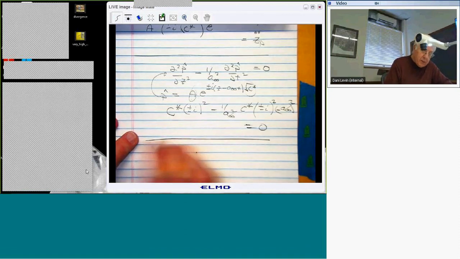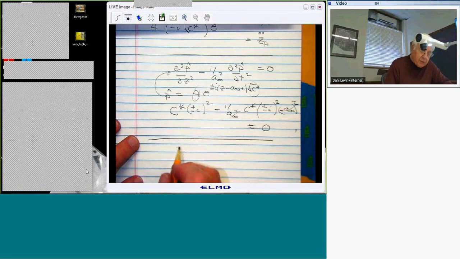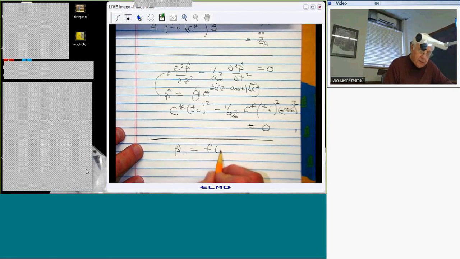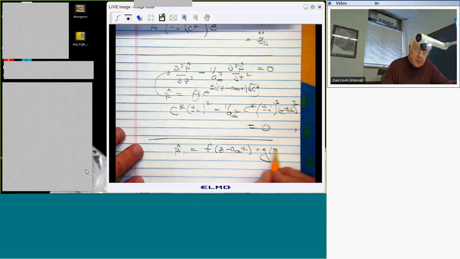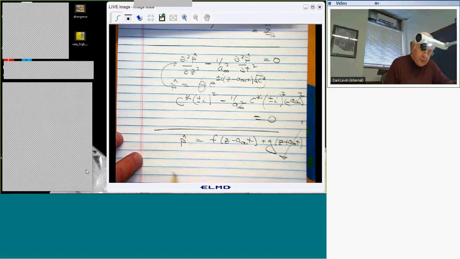See, all we've done so far is we've proven that our solution is some function of z minus a infinity t, right? I mean, that's all we've known. The general solution is that plus this one, but we're throwing that away because of the radiation condition. So let's try that, and then maybe that will help us. If we now put that in this differential equation,